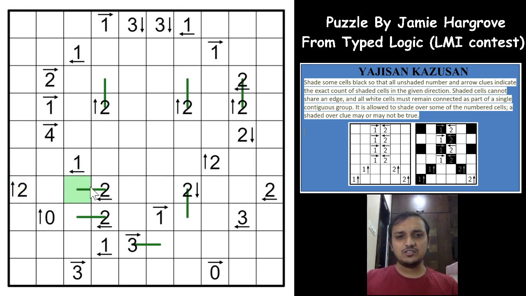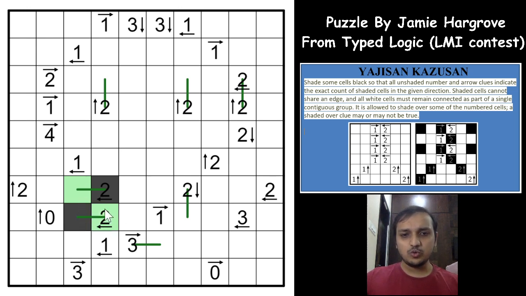So once we shade this cell, this is unshaded, and we need to mark 2 shaded cells here, which makes this one unshaded, and we need to mark one more shaded cell here, which violates the 0, right? So it means that this has to be unshaded and this has to be shaded, which makes this as unshaded and this as shaded, right? Which means this 2 clue is true now, and we mark 2 shaded cells, and all the other cells nearby the shaded cell have to be unshaded, right? Which means that the 0 is true now.